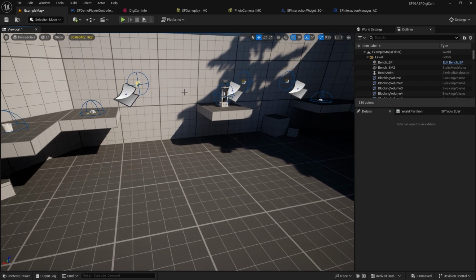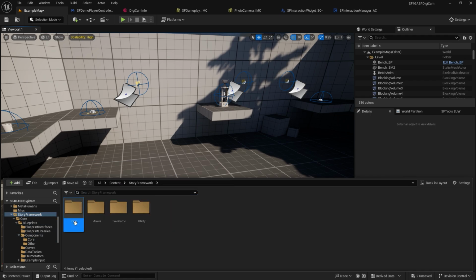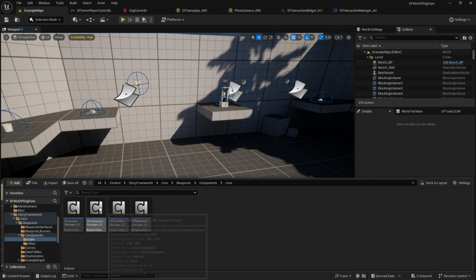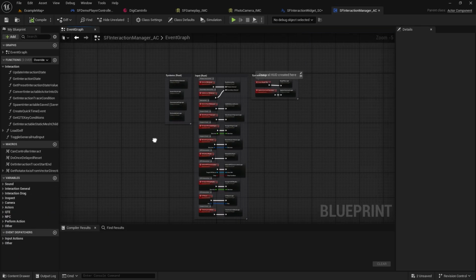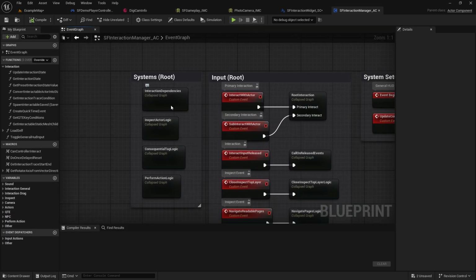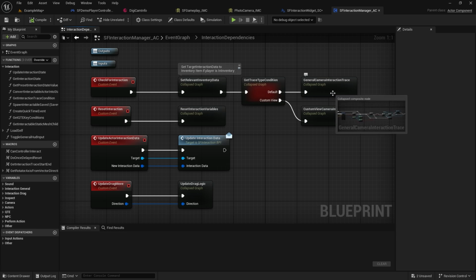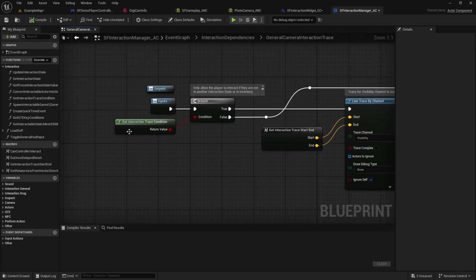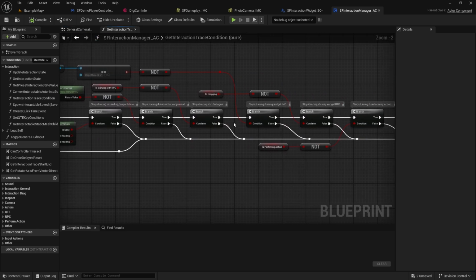So what we're going to do is we're going to go into our content browser. Once again, story framework, core, blueprints, components, core again. Looking for the interaction manager. We're going to go ahead and open this up. Inside the event graph, we can go to interaction dependencies, general camera interaction trace, and we're looking for the get interaction trace condition function. We can go ahead and open this up, and we're going to add a new condition